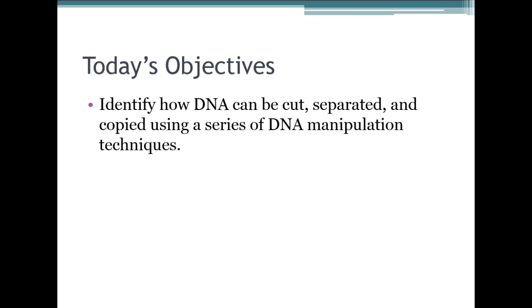So there are 3 ways that we went over in today's objectives that DNA can be manipulated. It can be cut by restriction enzymes that are going to take a long piece of DNA and make it into shorter pieces of DNA. It could be separated during gel electrophoresis, and the reason why we would want to do that is we have a certain gene that we're after, and after we cut up the DNA, we could find that gene by separating it during gel electrophoresis. We can grab that gene and then make tons of copies of that gene